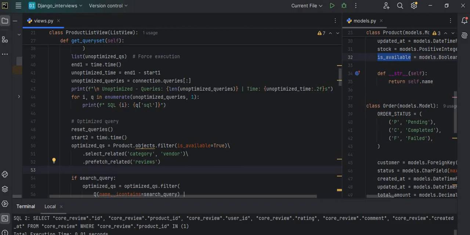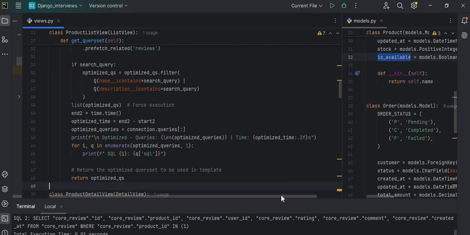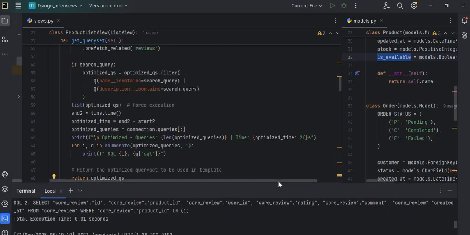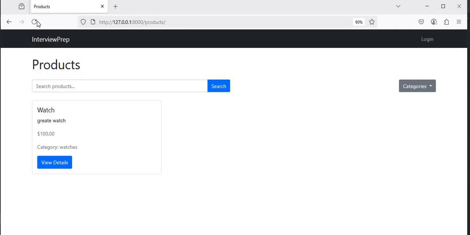So I am going to calculate the time of this query as well, and now I am going to compare the time between these two queries, how much time each takes, to make clear all these concepts, why we use this instead of a straightforward filter. If I refresh this,